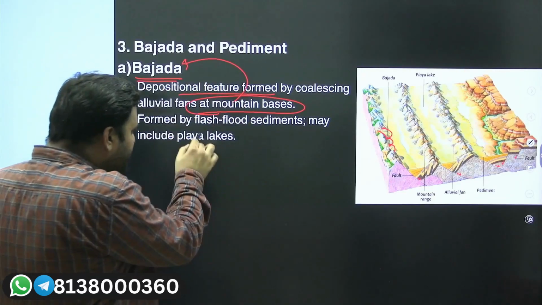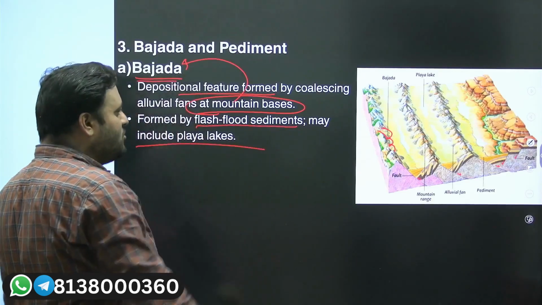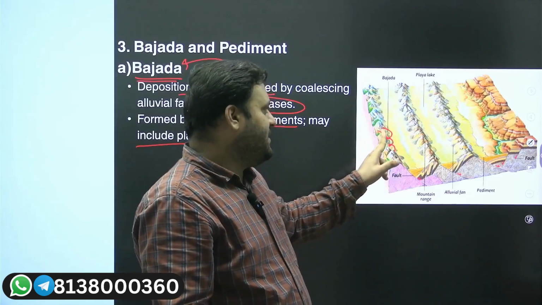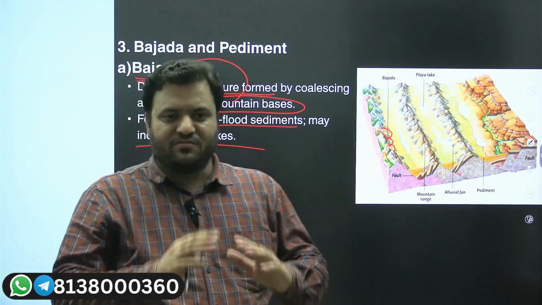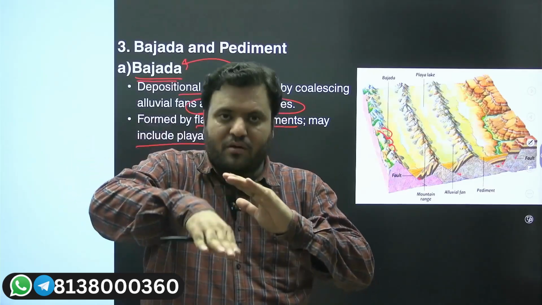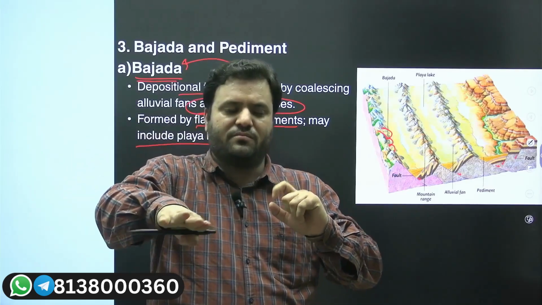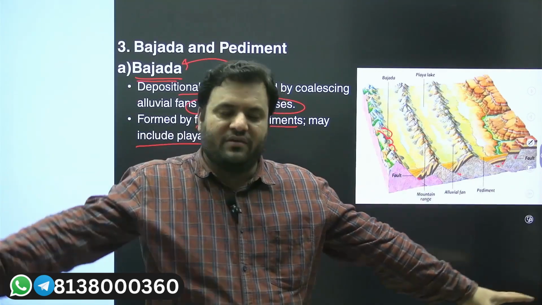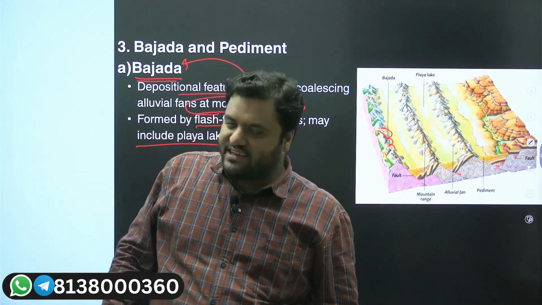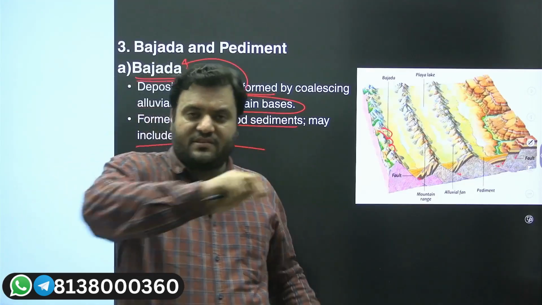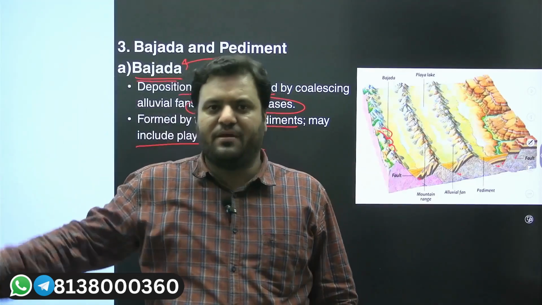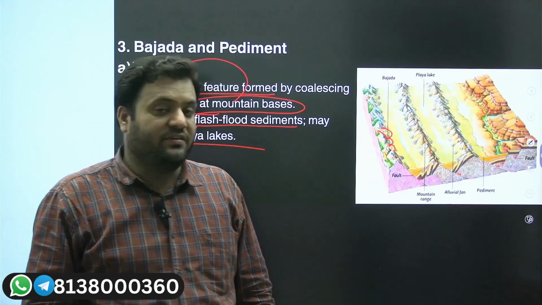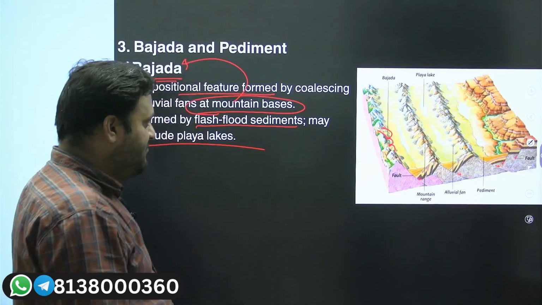It is formed by flash flood. Sediments may include playa lakes themselves. Sometimes playa lakes could also be there in these bajadas. So when the water is coming out from the mountains, the moment it leaves the mountain, it will discharge its large removed load. When the same thing takes place in desert areas, that removed material will have some sort of concave shape, and that will be termed what? Bajada, with respect to the desert, or Aeolian landforms. So that's how we have a